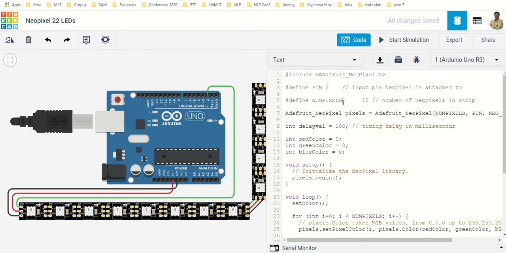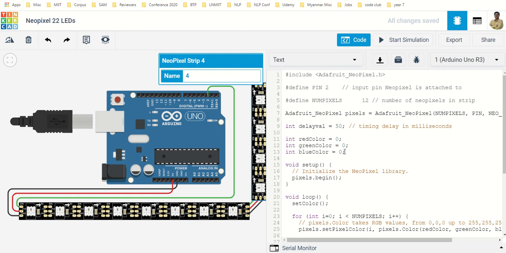The second thing I have to define is how many NeoPixels I have. I have 12. If I want to use only 8 and delete these 4, I will make it 8. Then, what is the delay from one LED to another LED? This is in milliseconds. By default it is 100. You can change it to any value that you want.